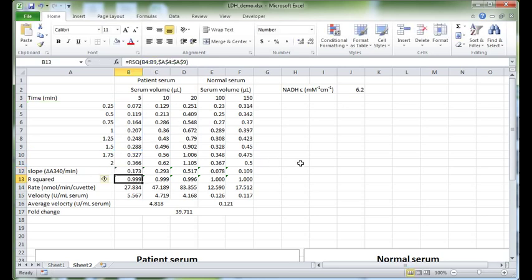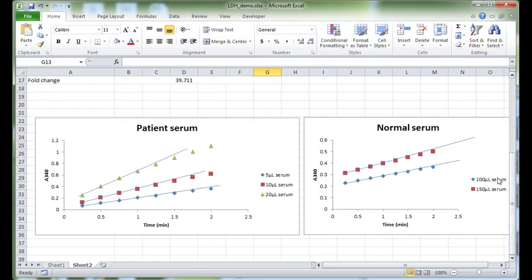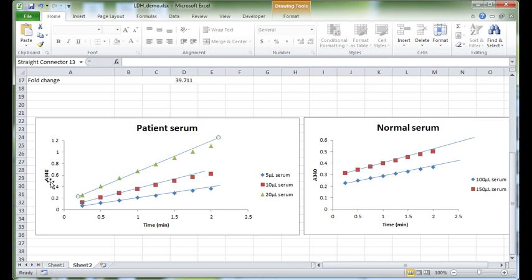We went through also the r squared function and said that an r squared that's close to 1.0 means that your particular line has a very good fit to the data points. And those data points were down here in the graphs that we drew, one for patient, one for normal serum. And remember, we didn't get Excel to draw an automatic trend line. Instead, we drew this manual line using just the drawing toolbar. And this was to prove to ourselves that the rate of change of the absorbance at 340 actually started to